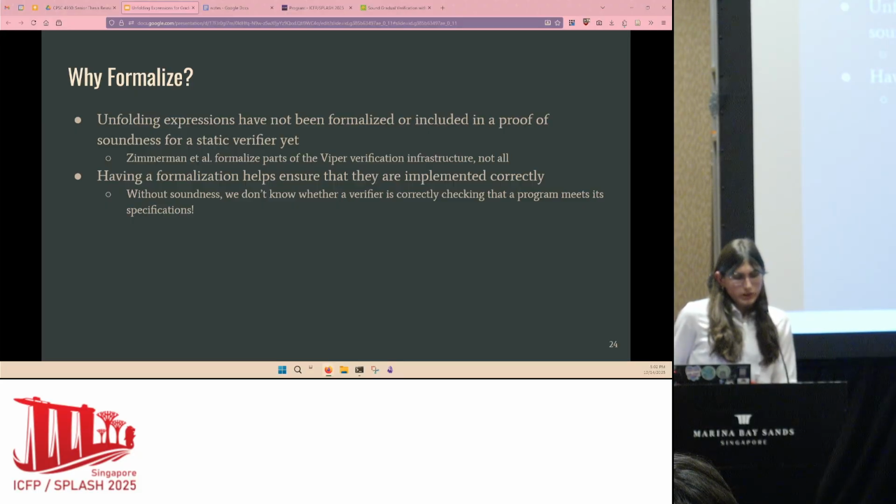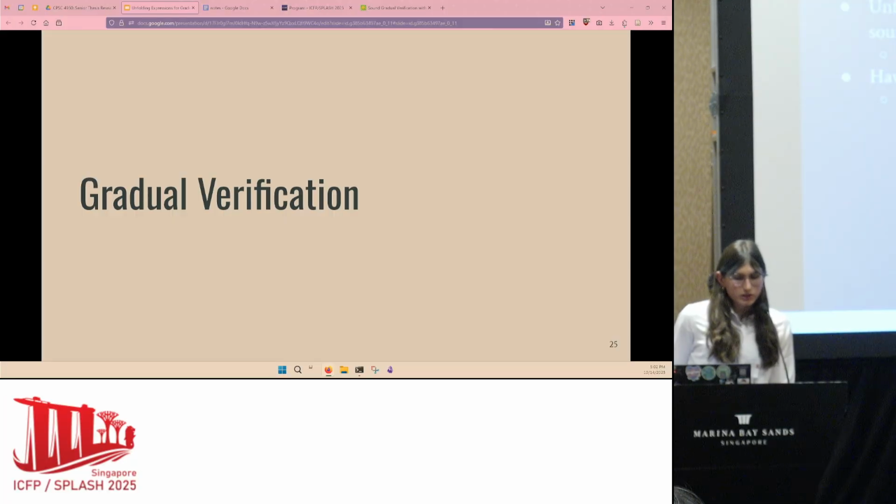We do have a formalization for certain parts of the Viper verification infrastructure, via a formalization of gradual verification previously, but having a formalization that includes this will help us ensure that any implementation is done correctly, because we need to make sure that the implementations of the verifiers we're working with are sound, so that we're sure when a verifier passes a program that the program meets its specifications.